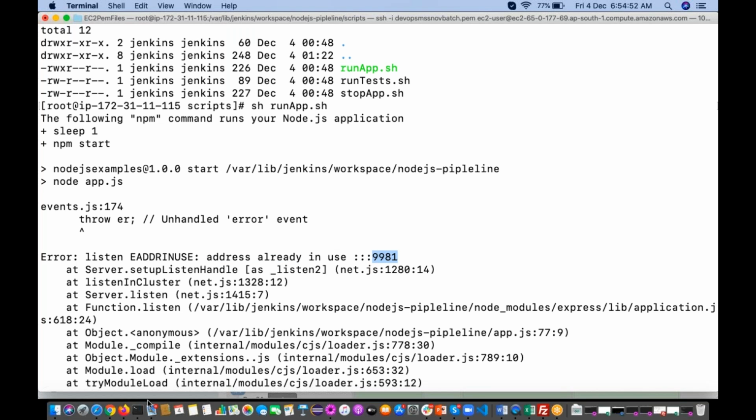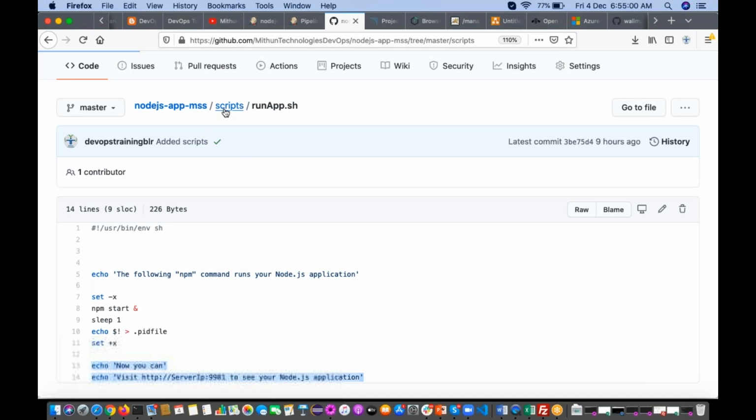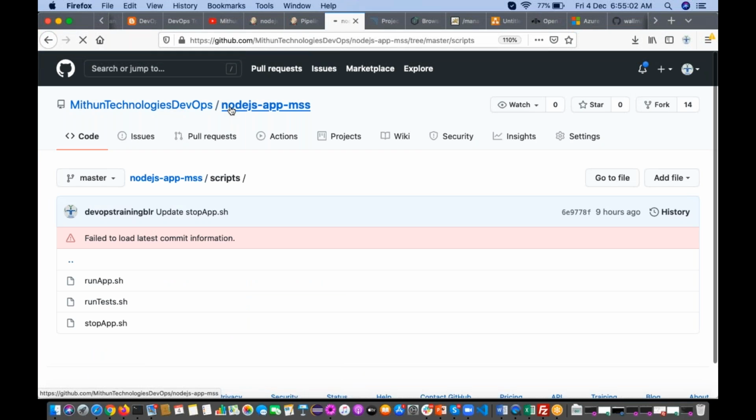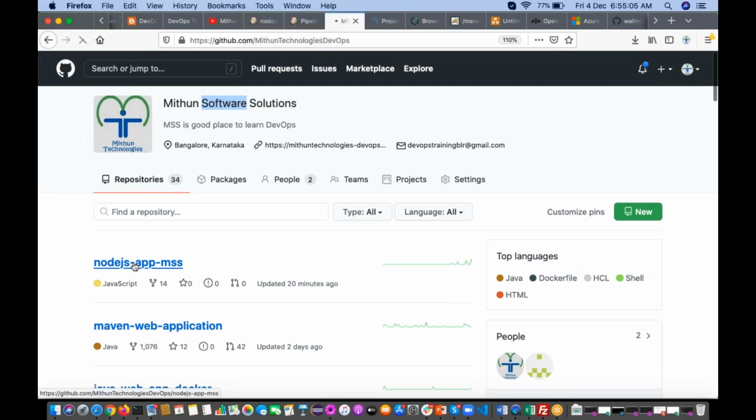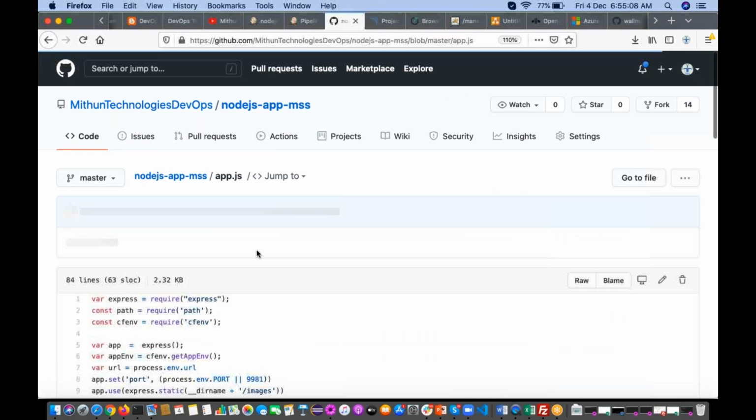Okay, so now how are we going to access it? How is it 9981? If you go and see in my application, in app.js, I have defined that port number 9981.